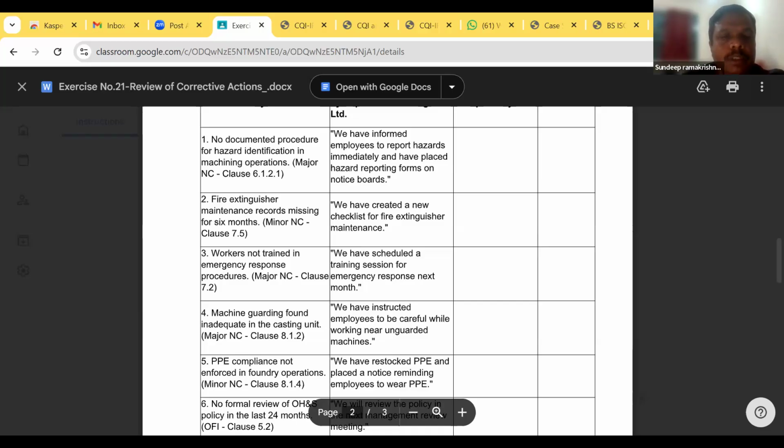Yes, Harish Kumar Singh, what is your point? Sir, this non-conformity is checked against clause 7.2, which talks about competence of the worker. Right. Now they have scheduled a training session for emergency response in next